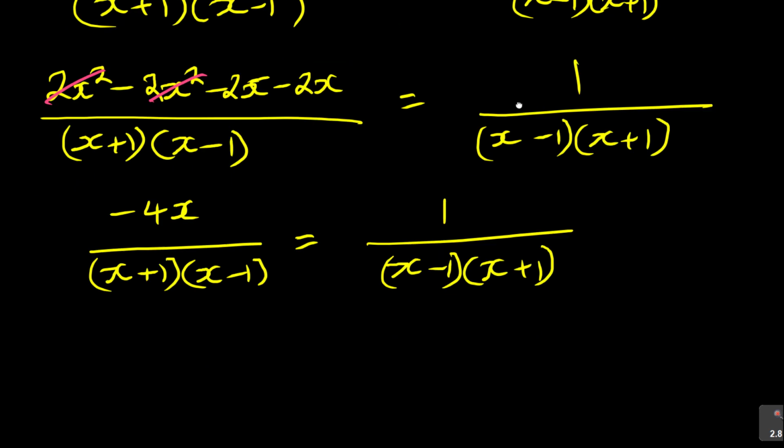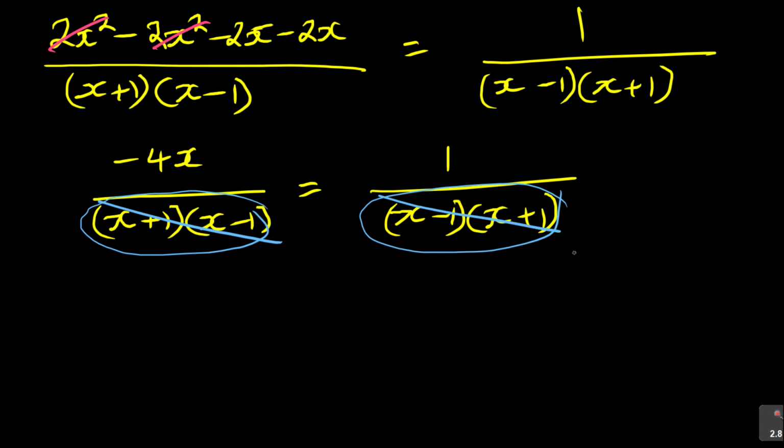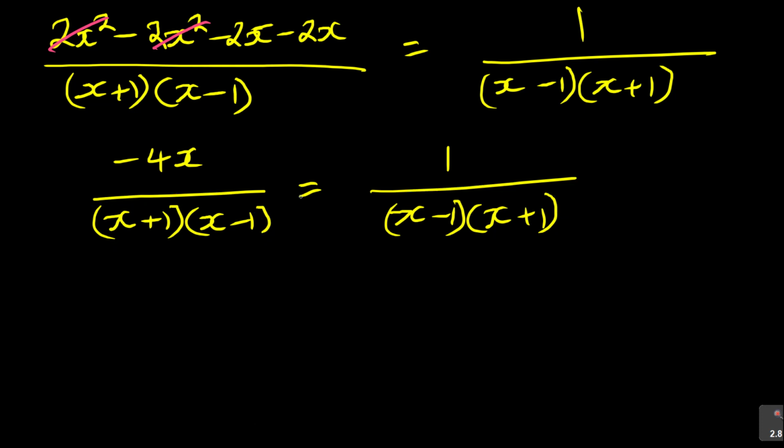Now I'm going to show you something. If you have the same things on the left hand side and the right hand side, look at this, the denominators. This is the same and this is the same. You are allowed to cancel them like this. It's going to fall out at the end. But the right procedure was this. This was the right procedure. You can choose to